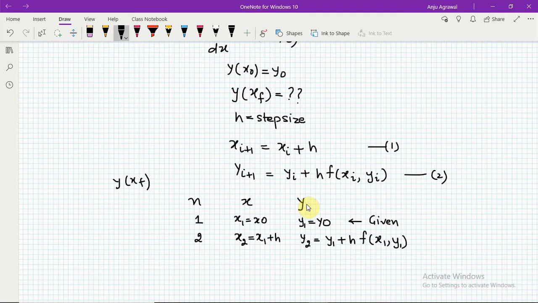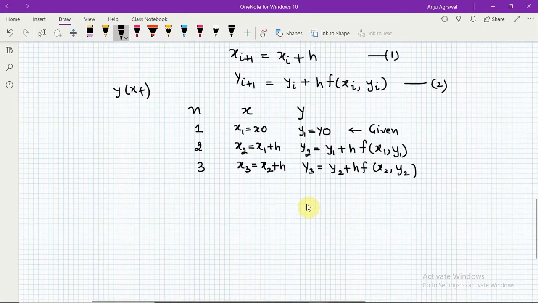This completes the second step. In the next step, we again compute x3, which will be x2, the previous value, plus the step size, and y3 will be equal to y2, the previous value, plus h times the function evaluated at x2 and y2. So we have to do this process for n number of iterations.